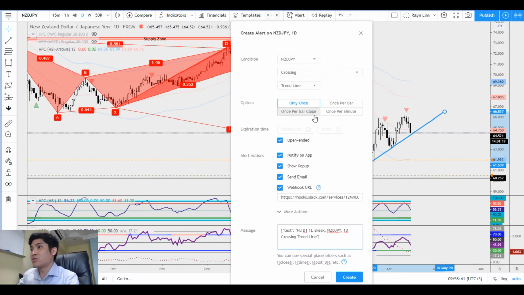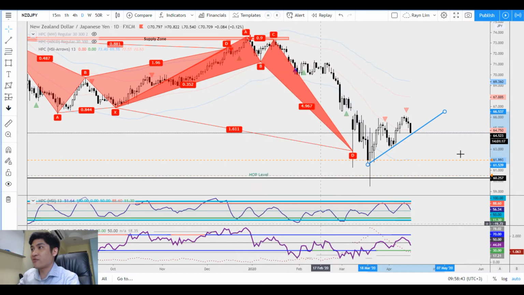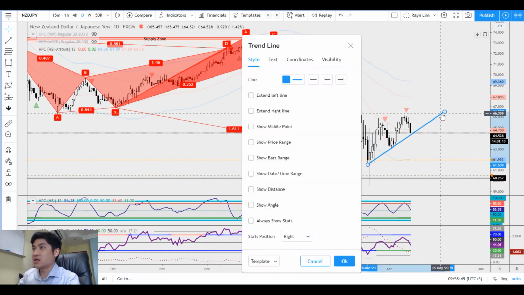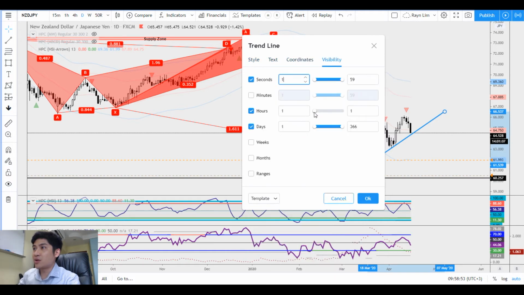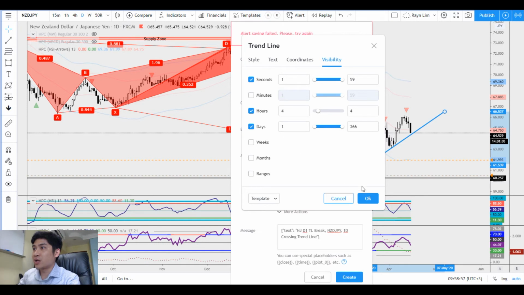It's always a good practice to key in the time frame. Yeah, so if there's any error that happens or whatsoever, at least you receive a notification. Visibility for now, I want to see on the 4 hour as well, not so much for the 1 hour. Okay,